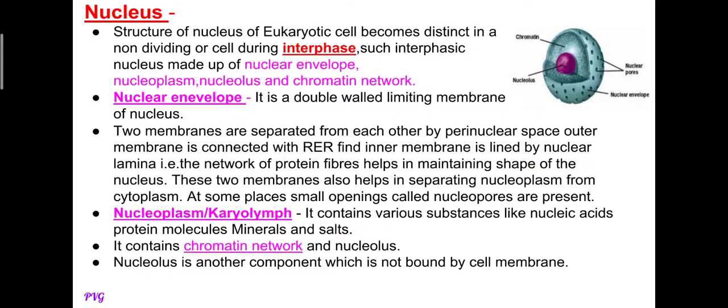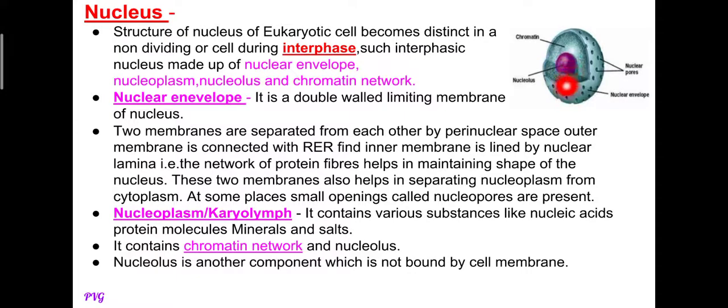Then the next cell organelle is the nucleus. Actually, it is an important cell organelle. It is the controlling center of the cell. The nucleus of a eukaryotic cell becomes distinct in non-dividing cells during interphase. Interphase is one phase of cell division, and such an interphasic nucleus is made up of nuclear envelope, nucleoplasm, then nuclear membrane,